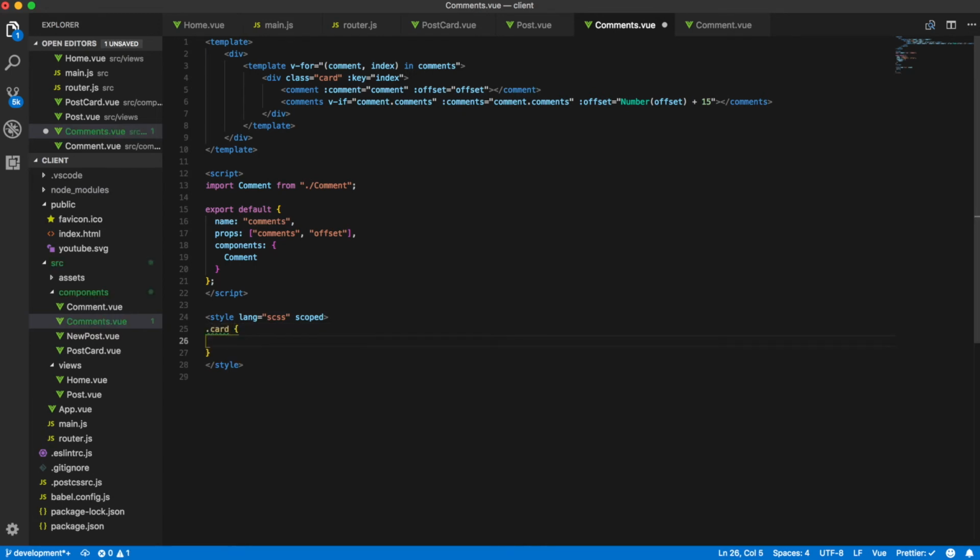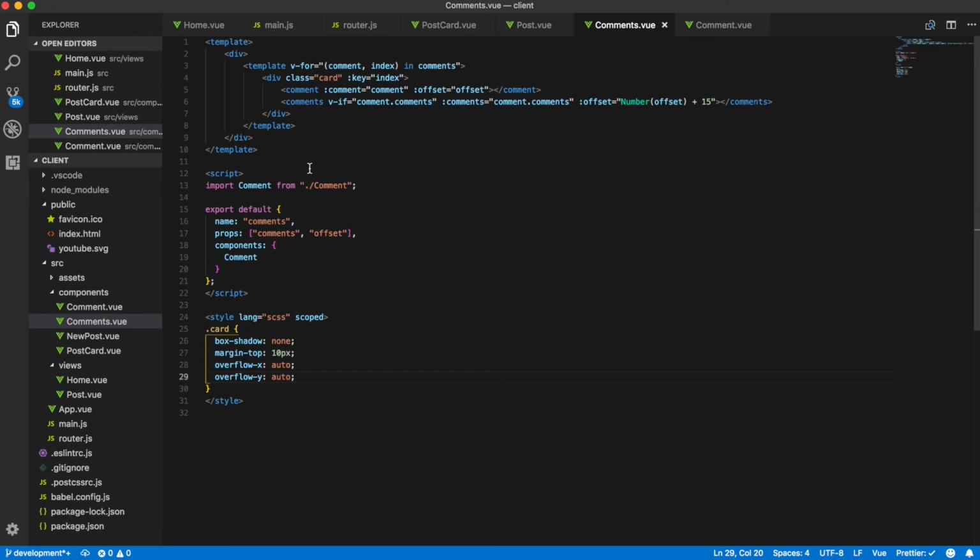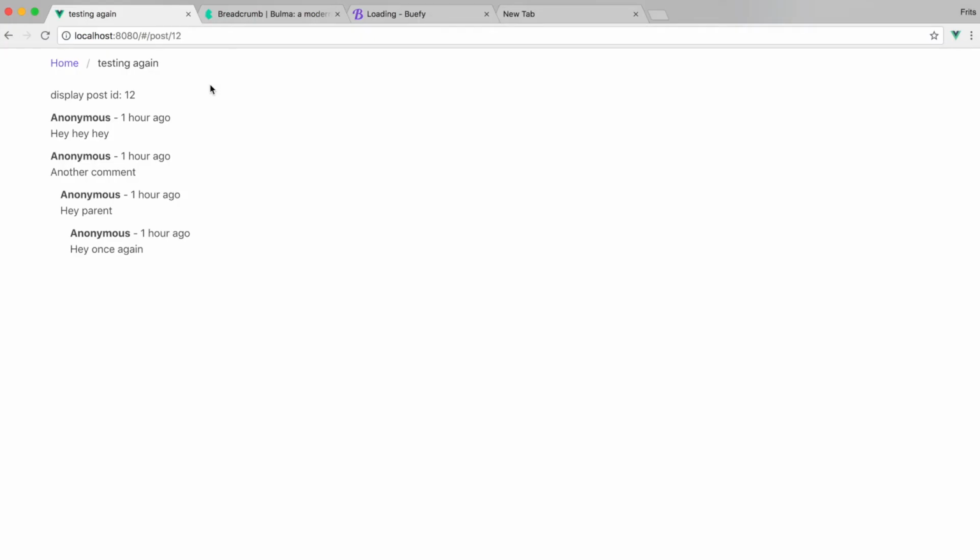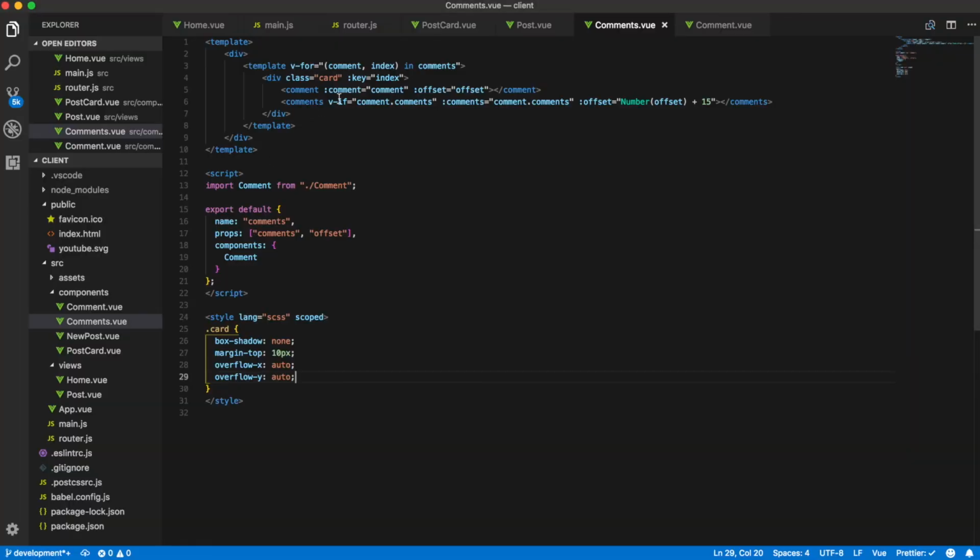So I'll just add something to the card, remove the box shadow, margin top of 10 pixels. I want to set the overflow X to auto, overflow Y to auto. So I think we could actually use that, because I want to give the first reply. I do actually want to maybe give that a class of first. So offset